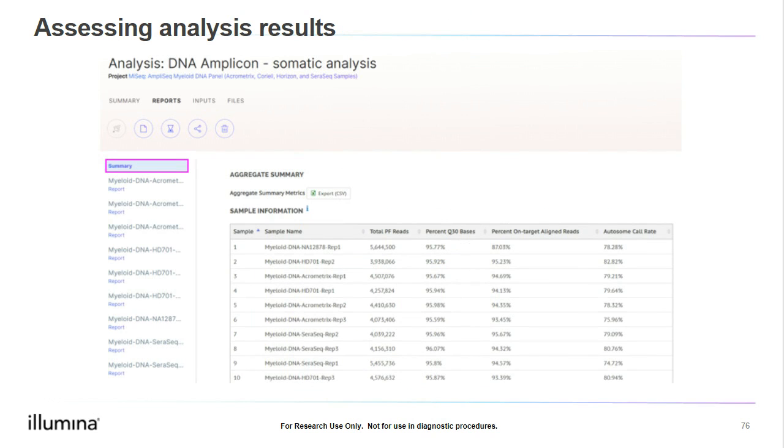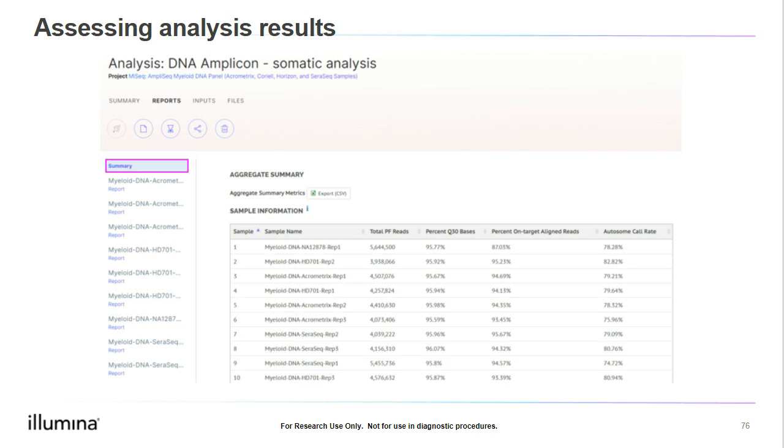First, when you open the analysis, you will see a summary of the analysis results. These are high-level and list the results for all of the samples included in the analysis session. You can also review summaries on a per-sample basis, though here I will review the summary results for all of